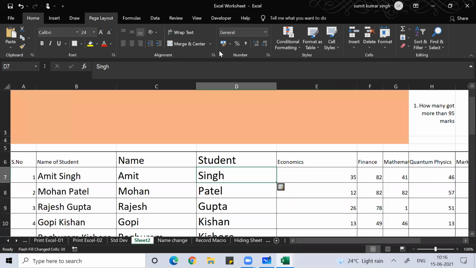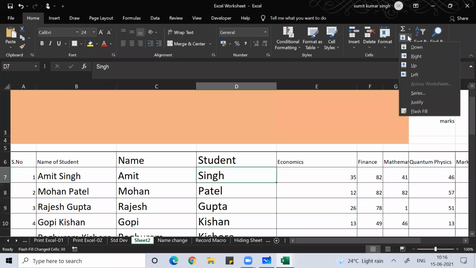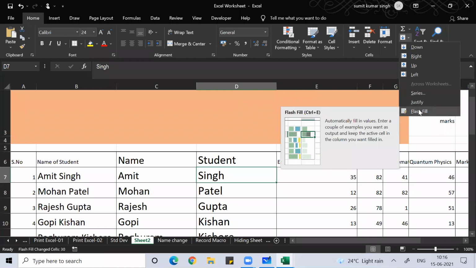Under Home, you can find Flash Fill. This is what I did. You can read here what is Flash Fill.